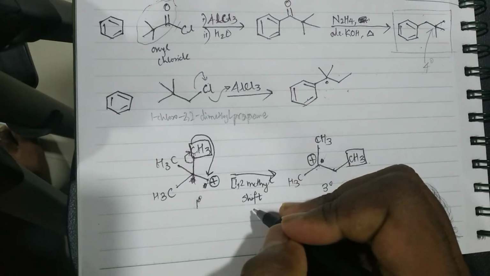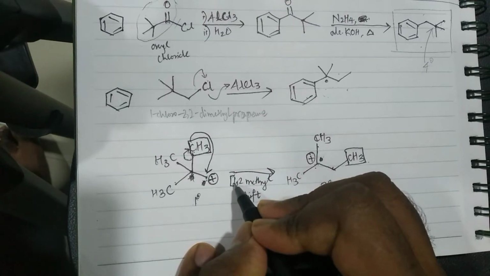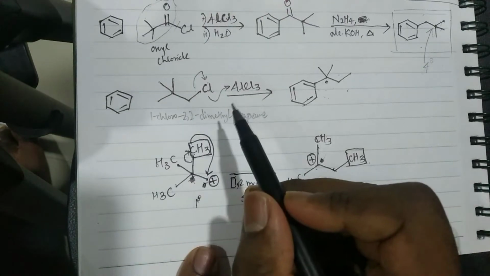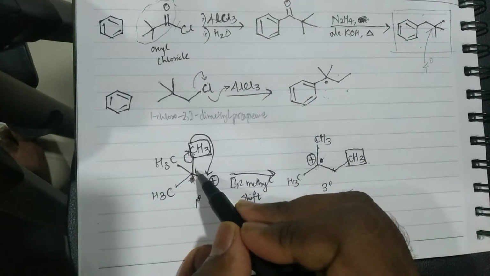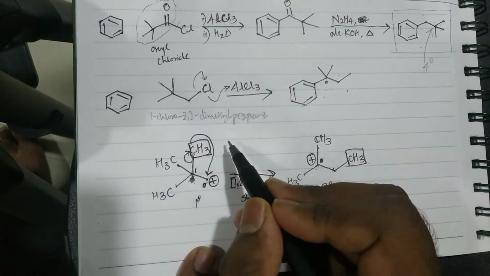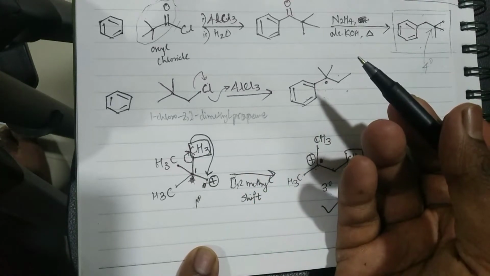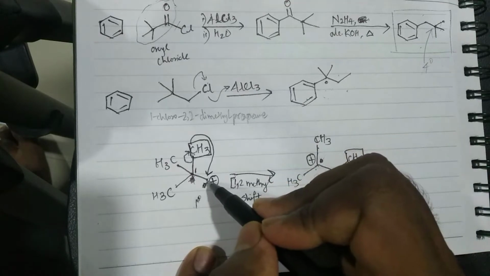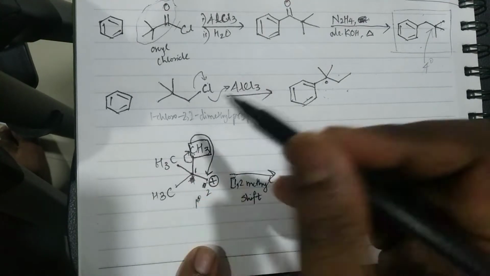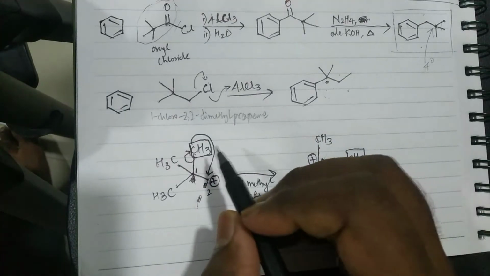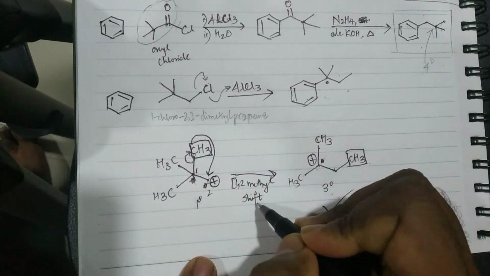Now what do the 1 and 2 in 1,2 methyl represent? 1 represents the atom from where the group is leaving. Okay, so this is 1. So 1 is the atom from where the group is leaving, and 2 is the atom to which the group is going. Not only this, any group. In our example right now, it is this boxed methyl. So that is why it is called a 1,2 methyl shift.